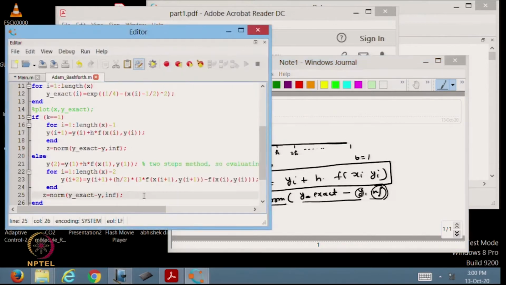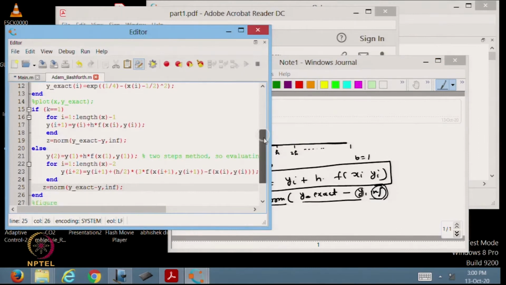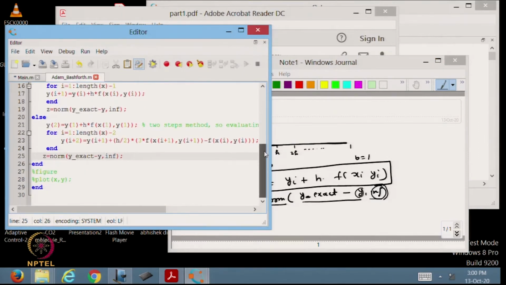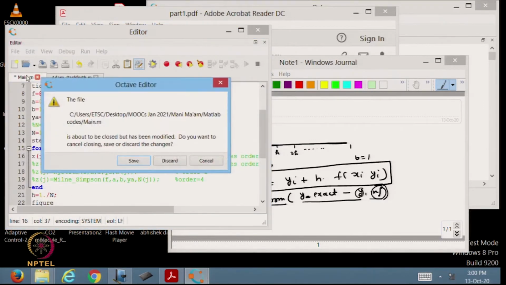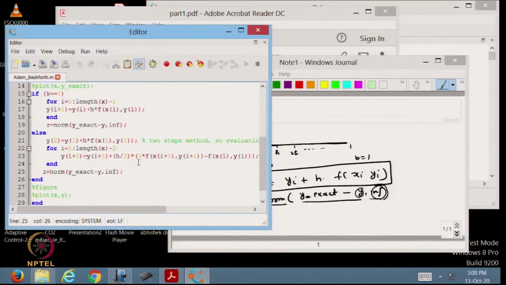That is it. Just by computing the error we can find out whether our difference scheme is correct or not, whether we are going in the right direction or not. So, for that reason I am running my program.